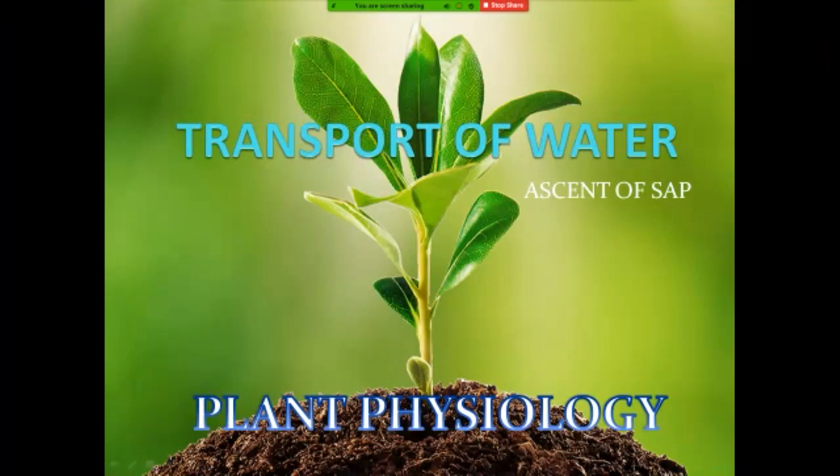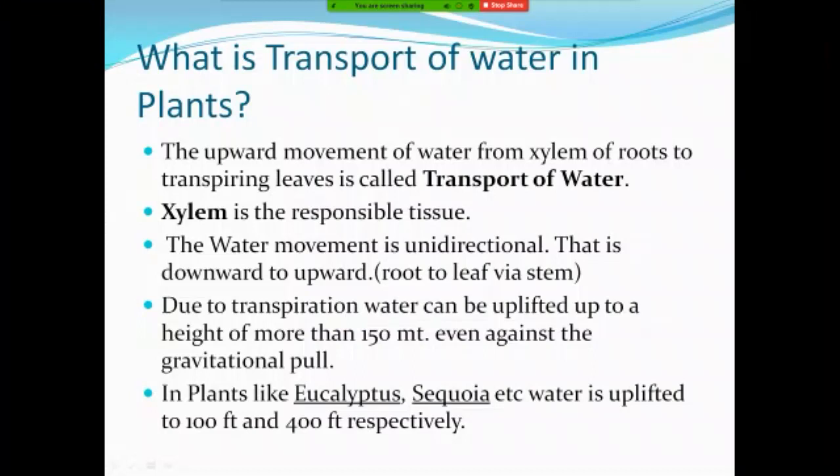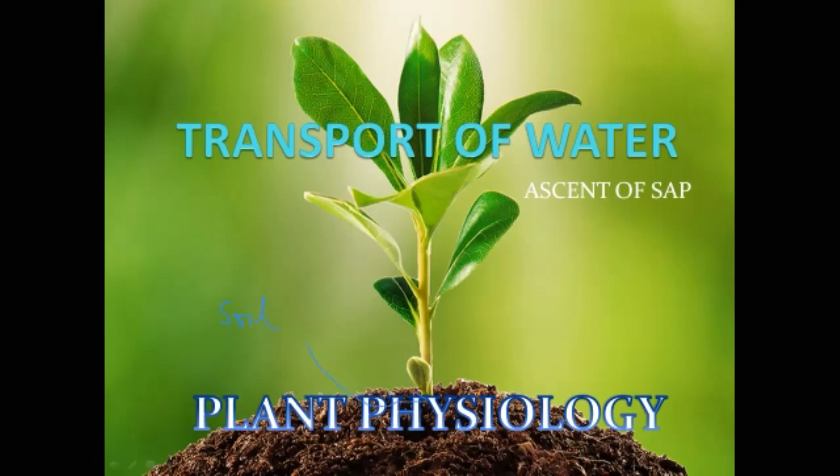Suppose this is the soil. Suppose we have the soil here and the water reaches up to the roots. Suppose these are the roots. In the roots, absorption doesn't mean that the water is just touching the plant and that is called absorption. We are well aware of the anatomy that we discussed in previous semesters.